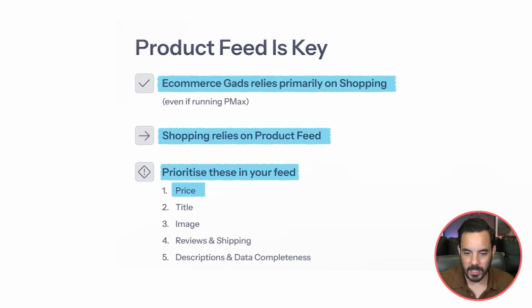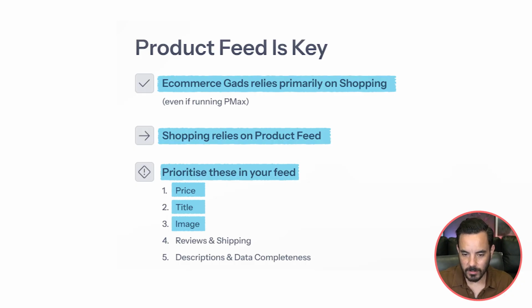Now, you might not be able to modify your price all that much, or you might not want to test it. So the next thing down would be your titles. That's the next most important thing to optimize. Make them full and rich and full of keywords. Then you've got your images. Titles mostly help with discovery. The more keywords you get in there, the more keywords you target, and the more discovery you can trigger through